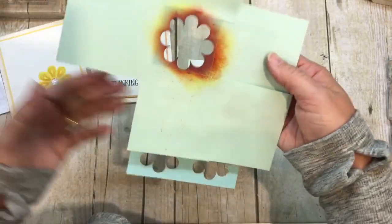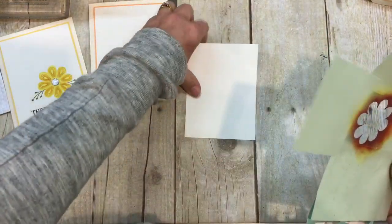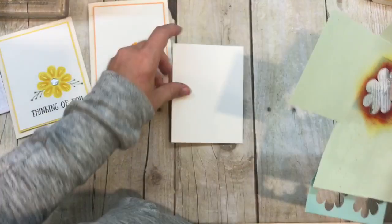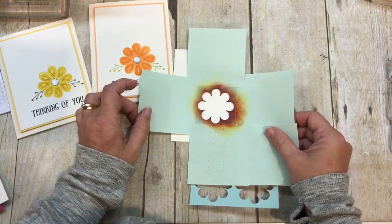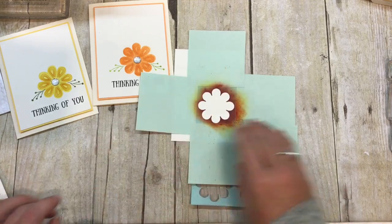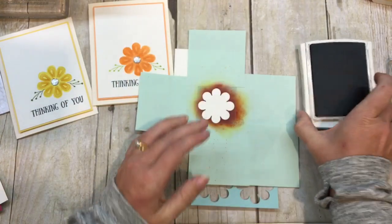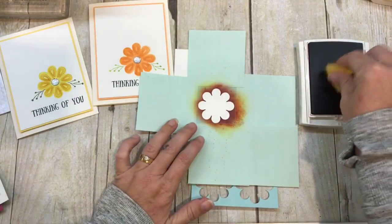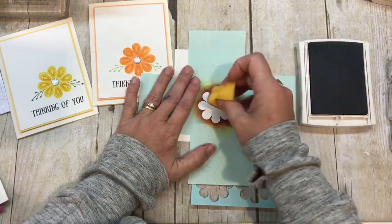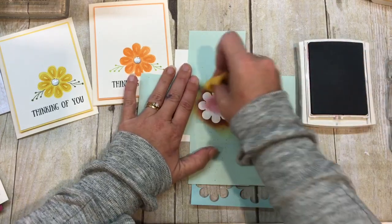Okay, so I took some Post-it notes, covered up all of the masks, and then I've got some watercolor paper here that I cut down, and I'm going to place this mask over my watercolor paper, and then I'm actually going to sponge some ink right on the top of them. Okay, so I'm just going to take my sponge in some Berry Burst ink and just kind of